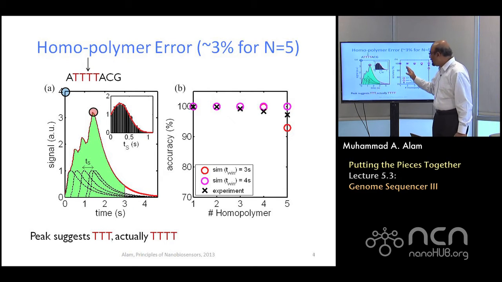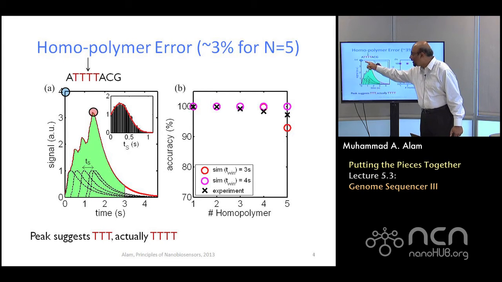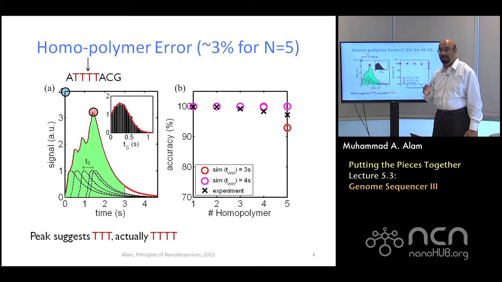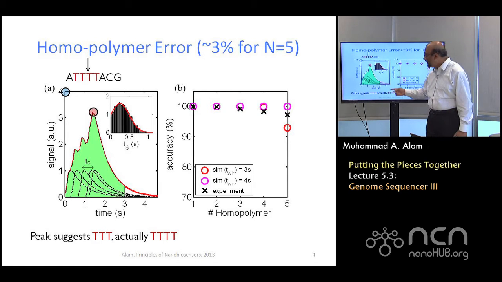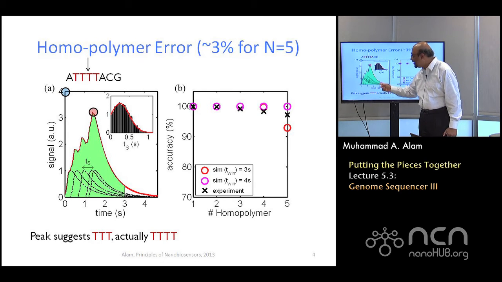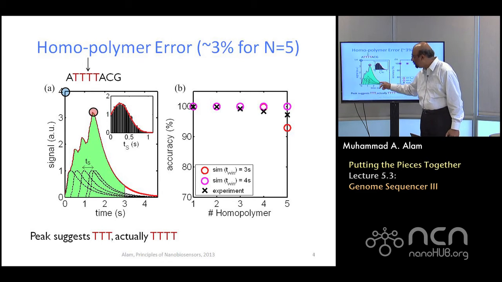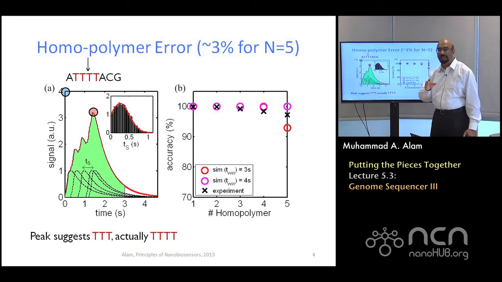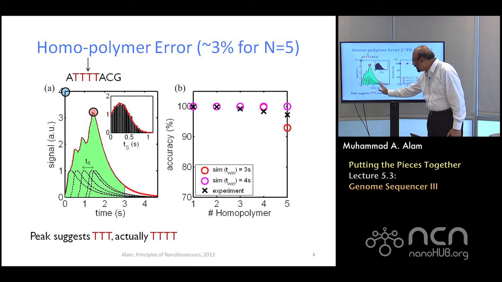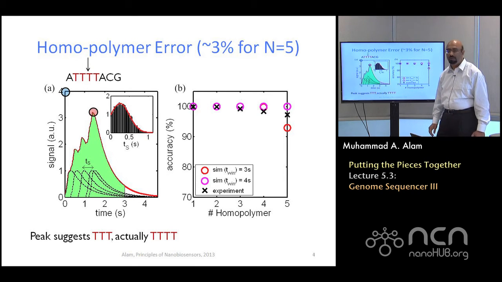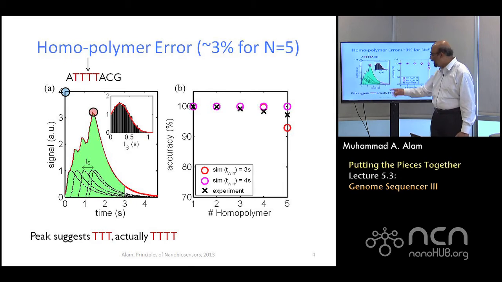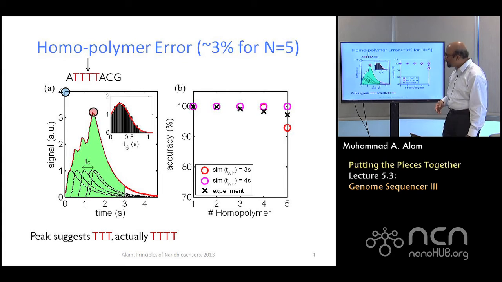It turns out that it depends. If you don't rely on the peak itself, then you can actually make a big error. Instead, if you integrate the area under the curve and rely on it, the chances of making a mistake are somewhat lower, because the area under the curve is proportional to the signal more so than the peak itself. Of course, the longer time you allow, the more accurate will be your estimate about how many T's you had, how long the homopolymer was.